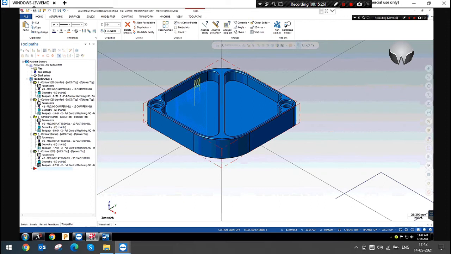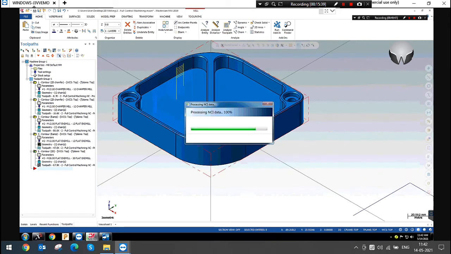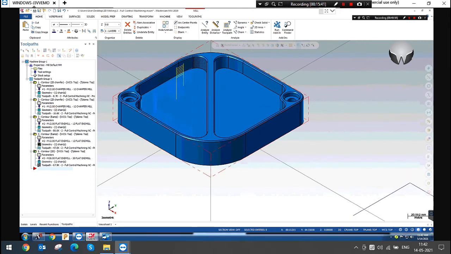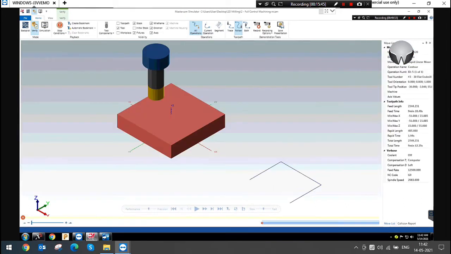In this case, the leftover stock will come at this corner, right? So next process, we remove the leftover stock only. I'm just giving the example.